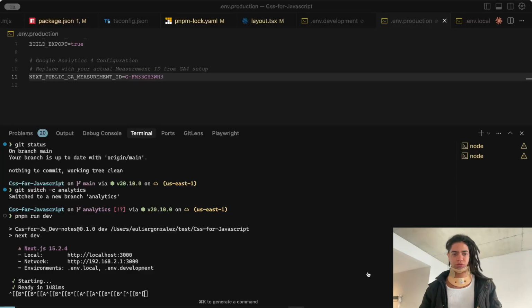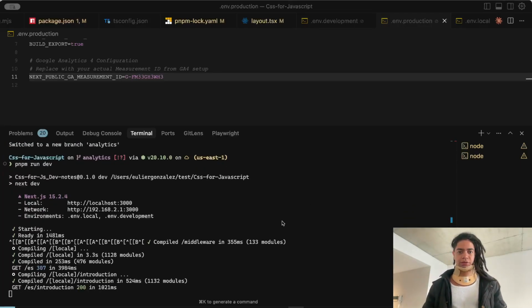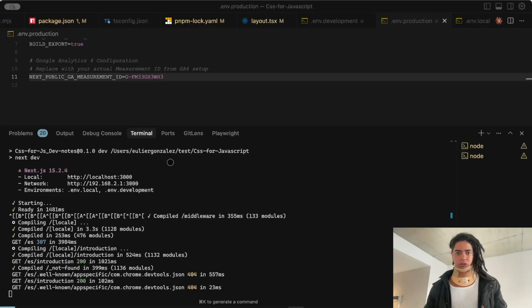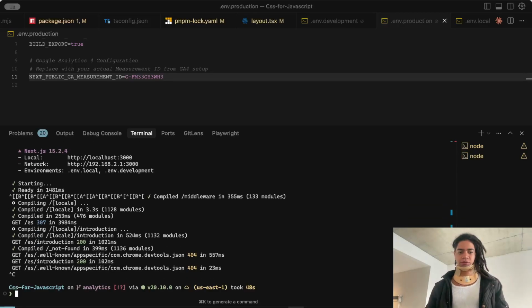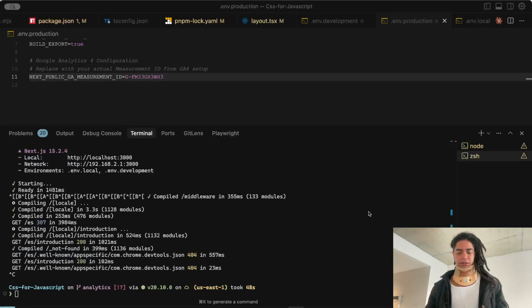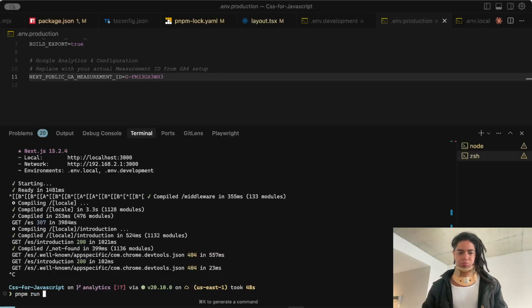So if I go to this and try to open it with localhost and navigate to that, I'll be able to see it here. However, if I deploy this to production, or if I do pnpm run build,